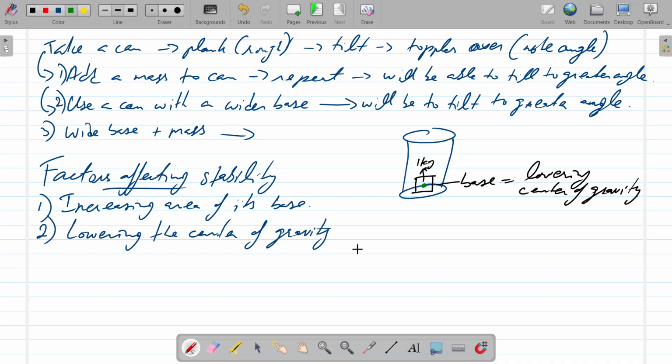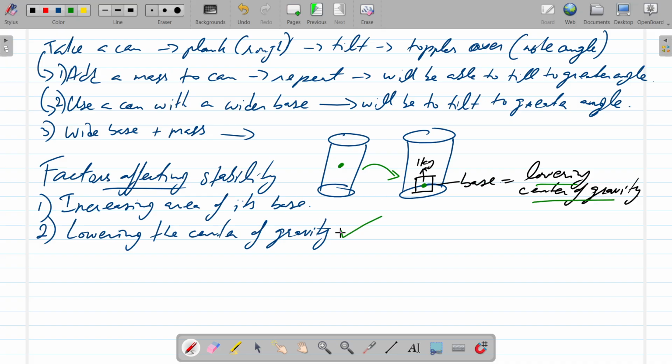And so that is lowered. For the empty can, it was at the center of the can. So for the empty can, this was the center of gravity for the can itself. But now that you've added the mass in, you've lowered the center of gravity,